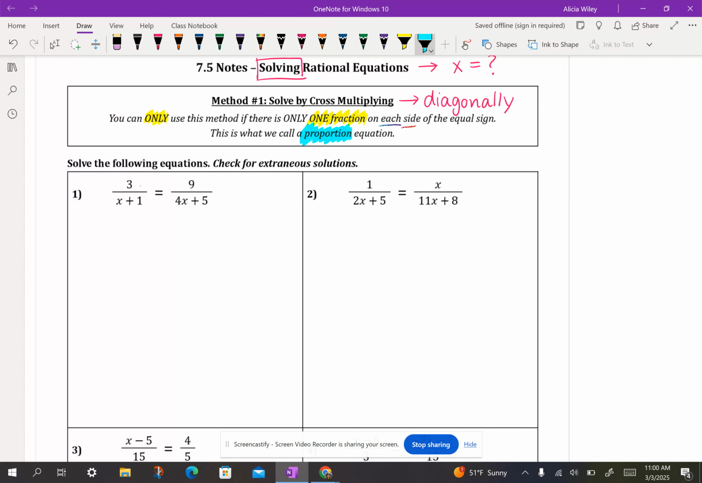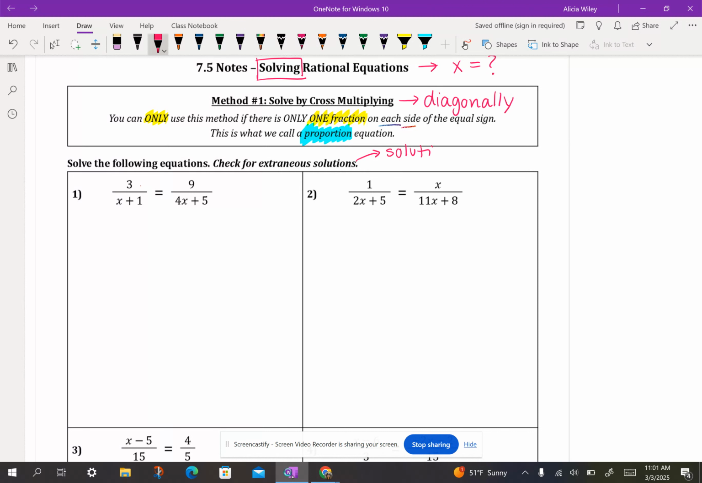Let's get into doing a couple of these problems. You will see in the directions, it says solve the following equations. Check for extraneous solutions. Now remember, extraneous solutions are solutions that you get that are not allowed to be answers for different reasons, depending on what type of function you're talking about. For us, the extraneous solutions are going to be